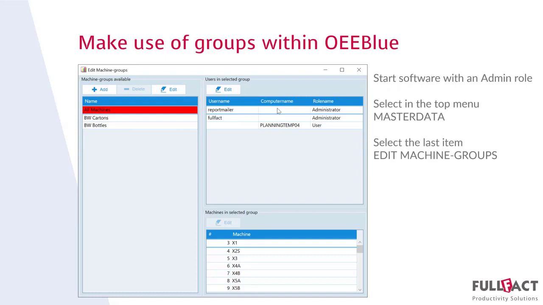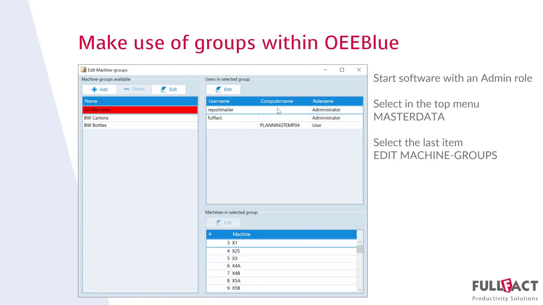So this is some kind of authorization and creating less noise, because if you're authorized for cartons, you don't want to see the bottles. If you do, you have to be defined for both of the groups, or all machines.